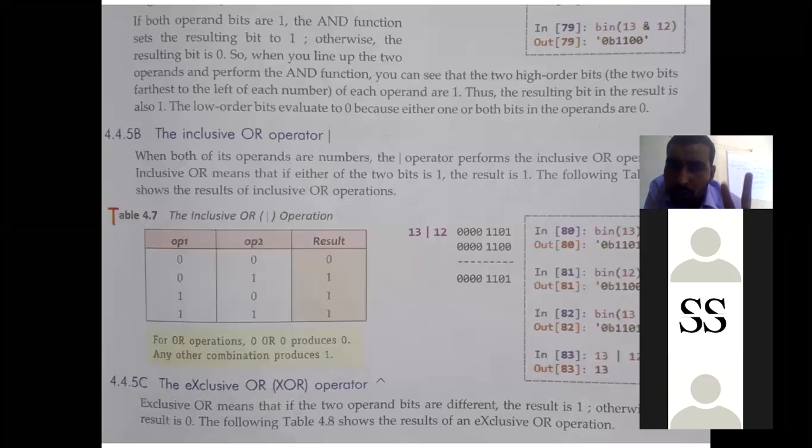Operand 1 and operand 2, as you can see here in the chart. If there is 0 and 1, then the result is 1. If there is 1 and 0, then the result is 1. If 1 and 1, then also the result is 1.